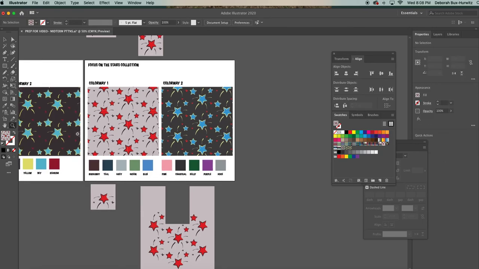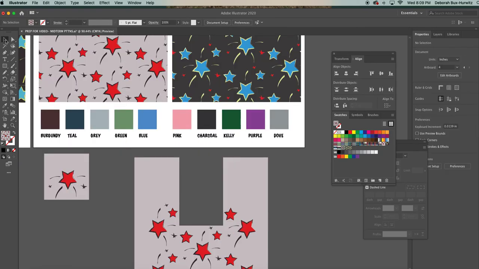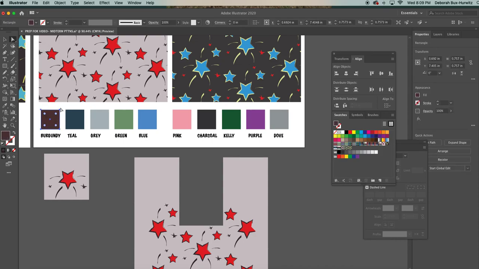I only copied and pasted them because I want all my color chip squares to be the same size, and nicely aligned to each other, and I want my text to be the same font and all nicely aligned together. So I copied and pasted that just to get the nice alignment and the same size chips and font. So here, where I'll actually change the color chips, I'm going to take the white arrow, select